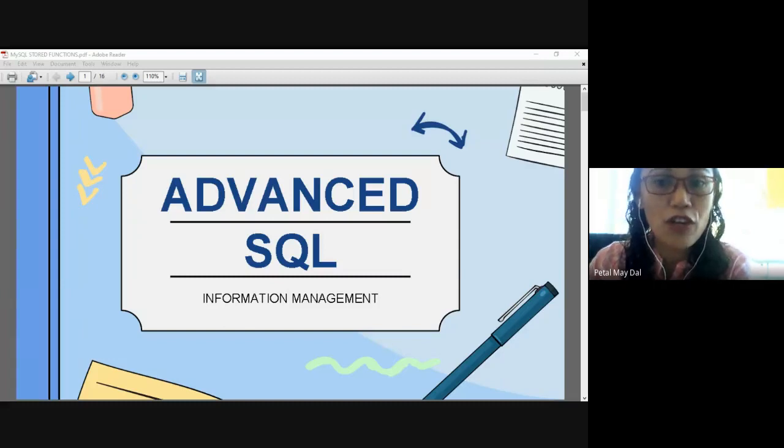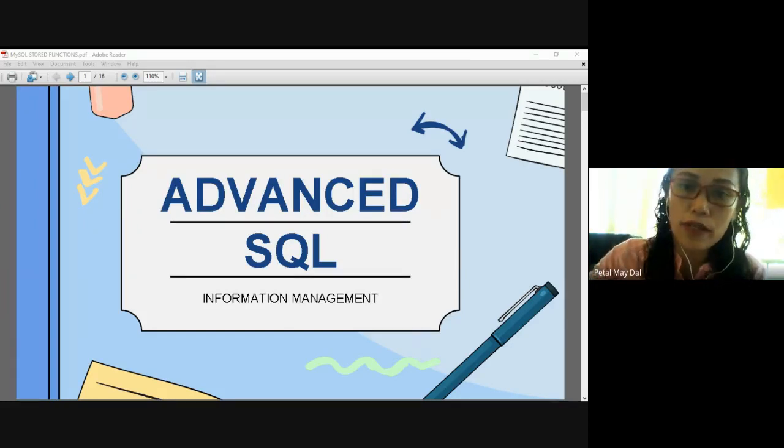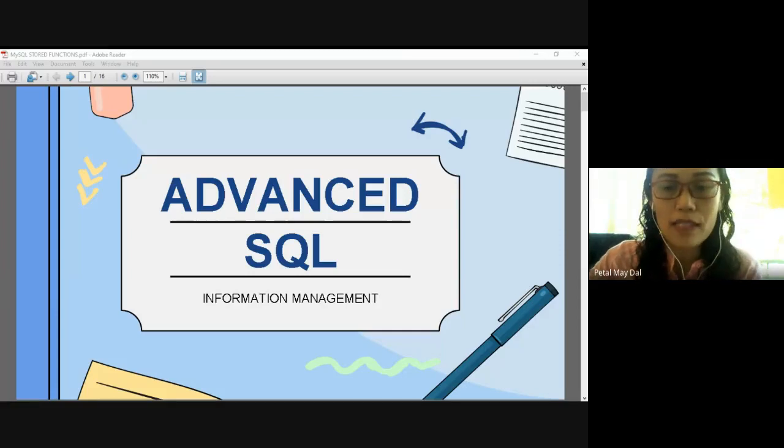Calling it, we have the call procedure followed by the procedure name. Now, let's go to functions. We also have what we call the MySQL functions. This MySQL function works similarly to a procedure, but the moment it is being invoked,